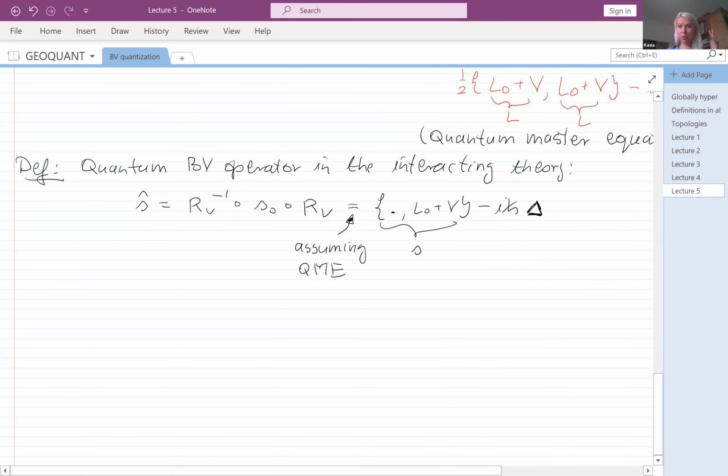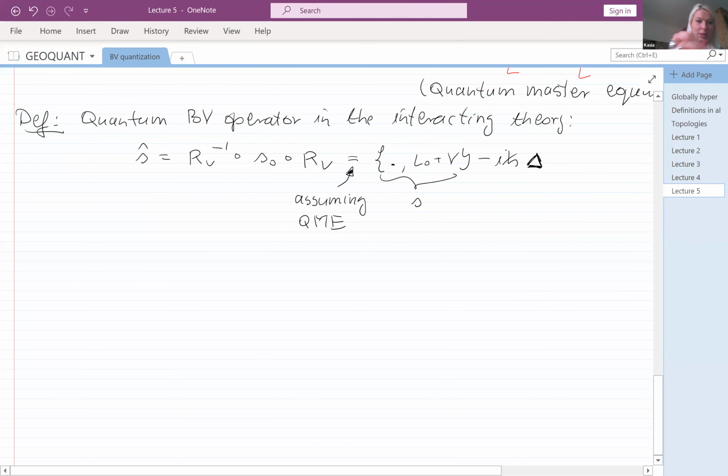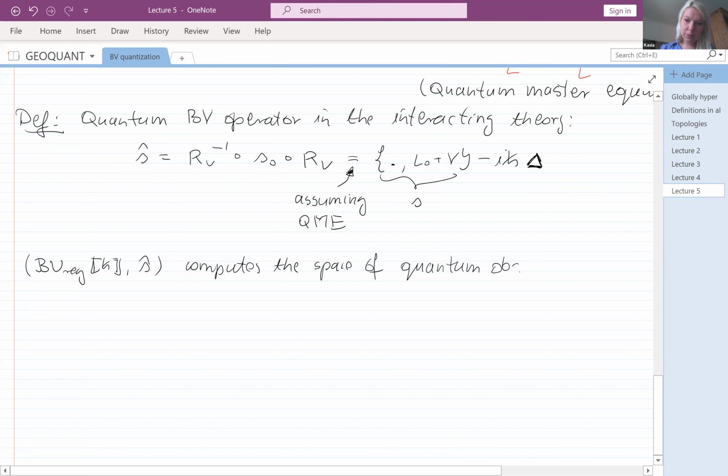Now here, if we want to compute the space of quantum observables, this is the one we want to use. So this chain complex with the quantum BV operator computes the space of quantum observables